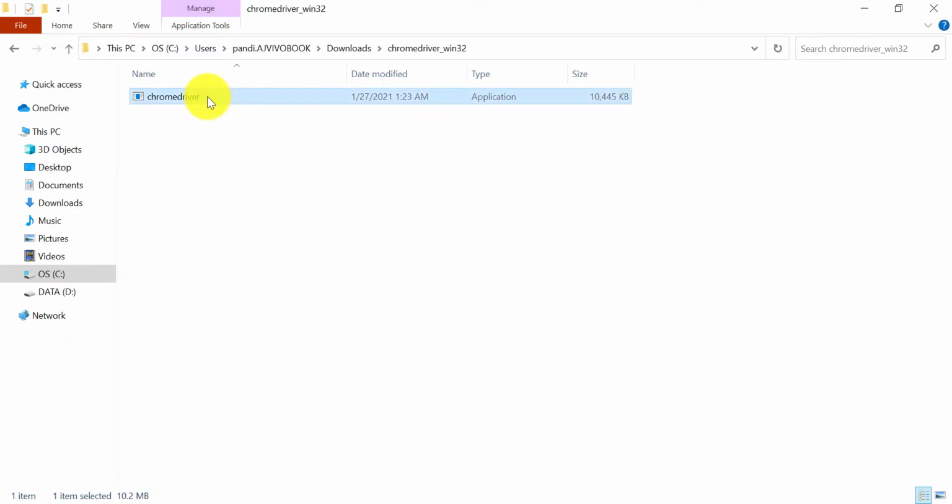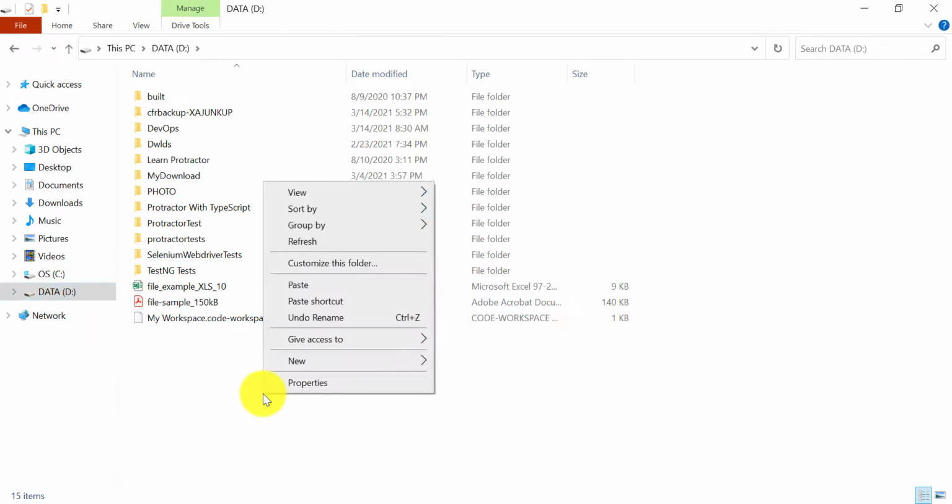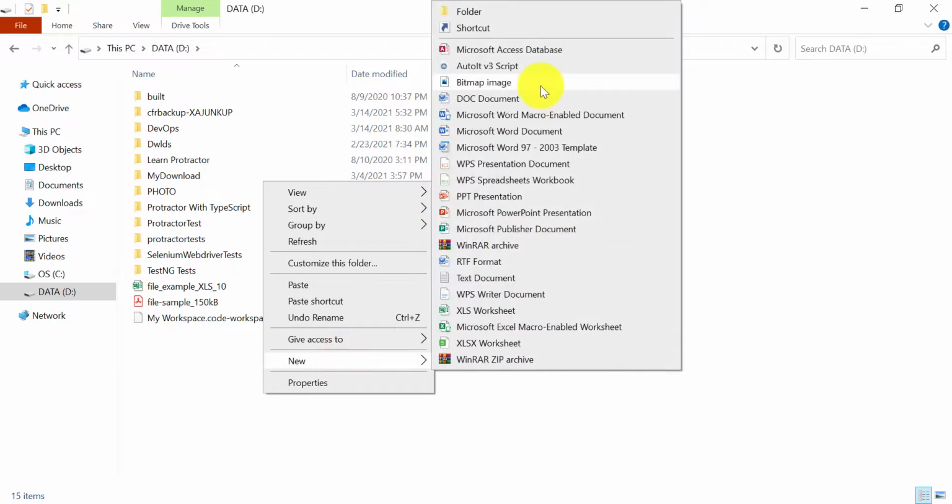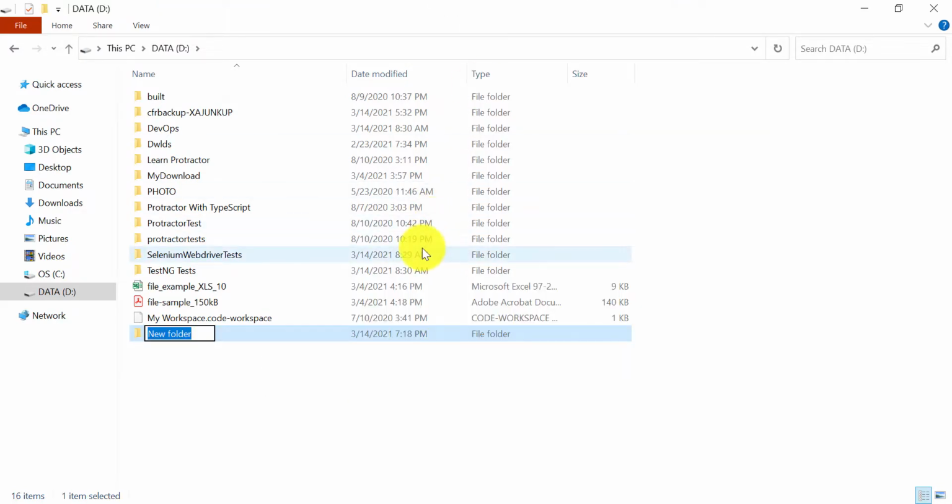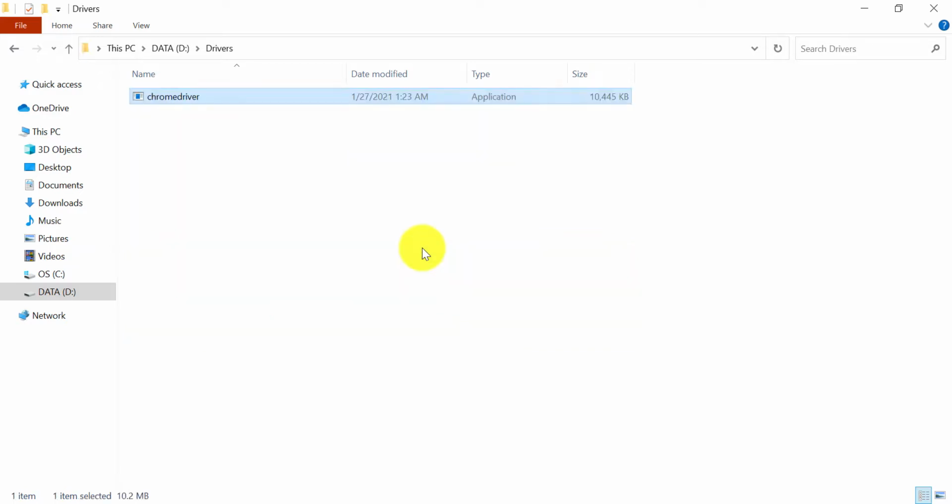You can copy this and place it at any location. You can keep it in downloads or in your project location. As of now I will go to the D drive, make a folder here called drivers, and keep it here. So currently the Chrome driver is available in this drivers folder in the D drive.